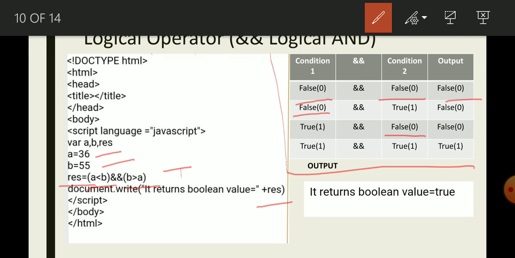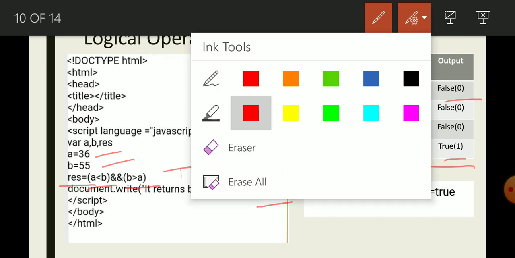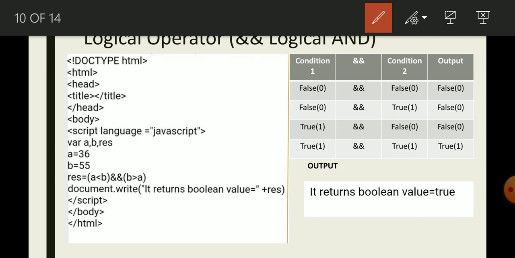If both conditions are true, then only it returns true. So this operator works like multiplication: 0 into 0 is 0, 0 into 1 is 0, 1 into 0 is 0, and 1 into 1 is 1.